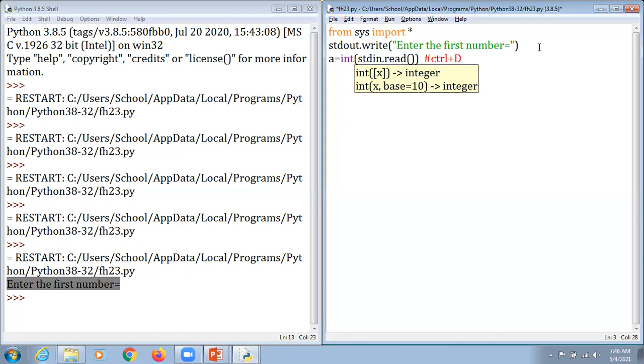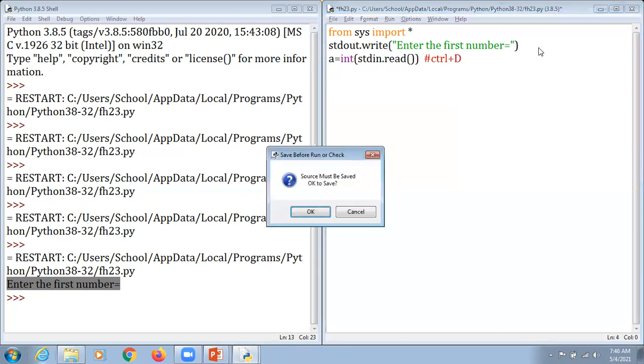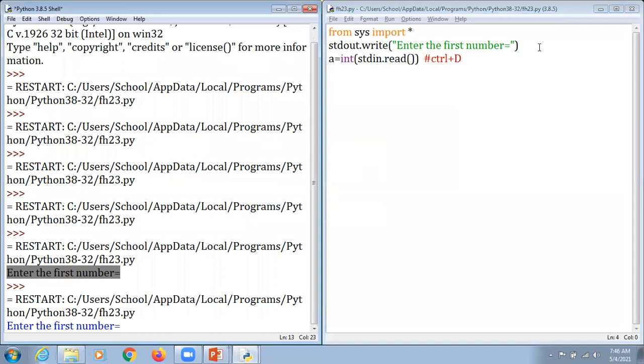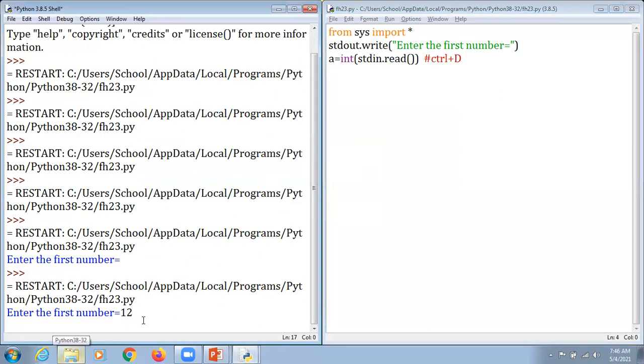I'm just going to elaborate this, no issues with that. Now what happened here, when we hit the enter key, it says enter the first number, yes, very good, and now we type it as 12. So it means this will happen. And now what happens here is that they are continuously working, because this arrow is not appearing after that.